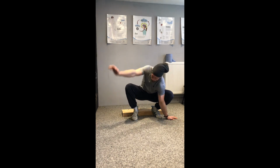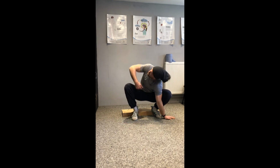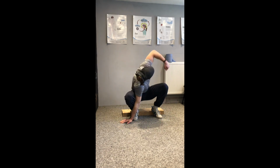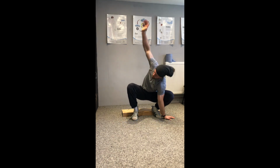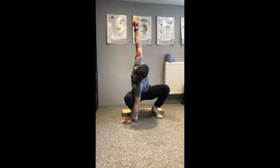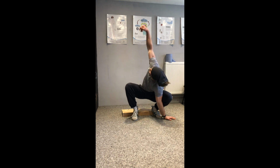3, 4, 5, 6, 7. The straight arm on the bottom stops your body rotating, which means you have to open up through the torso. 8, 9,